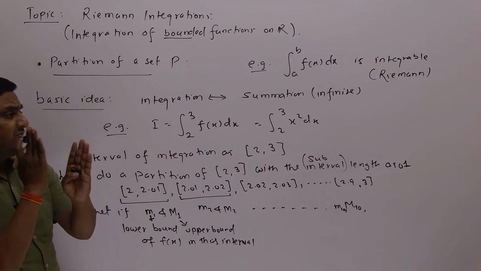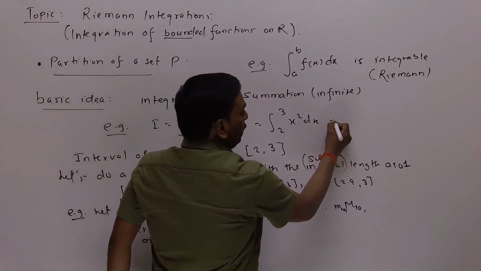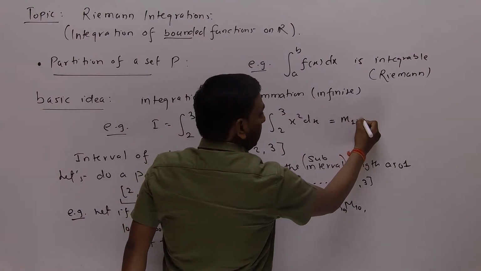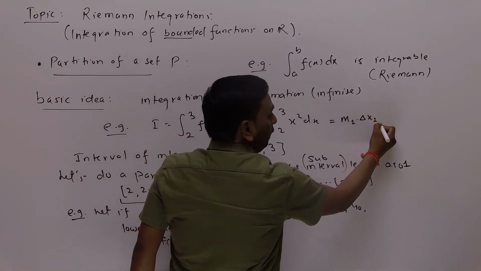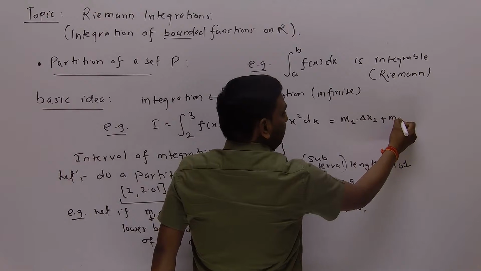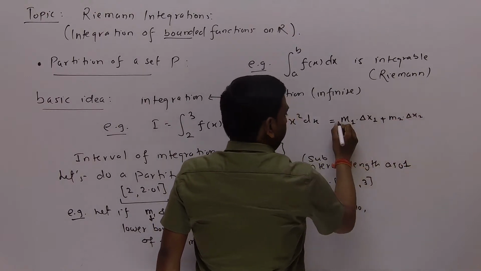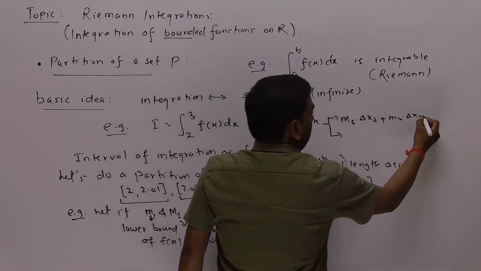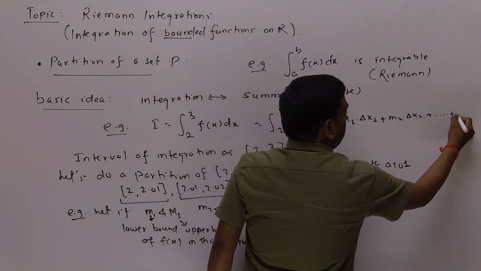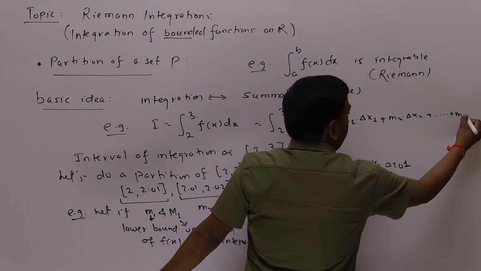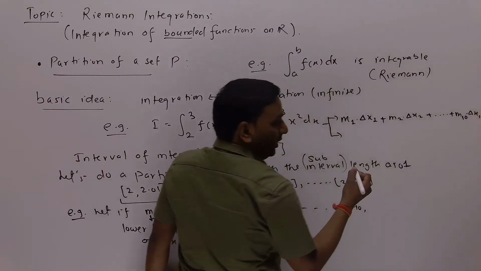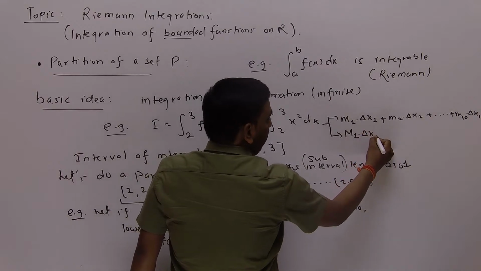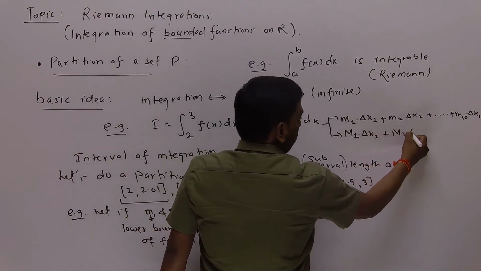So the basic idea here is you do m1 into the length of the first interval plus m2 into the length of the second interval plus m10 into the length of the 10th interval. Here you take the upper bound and you